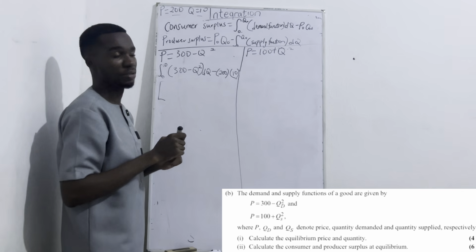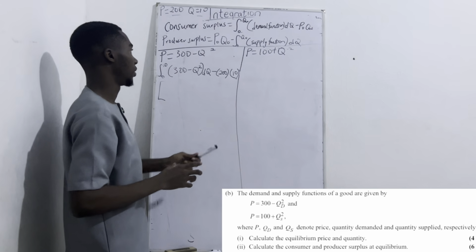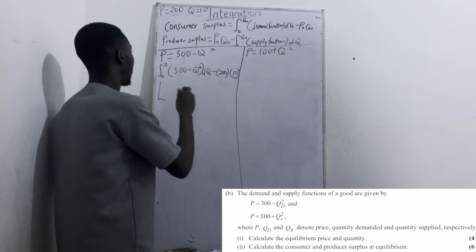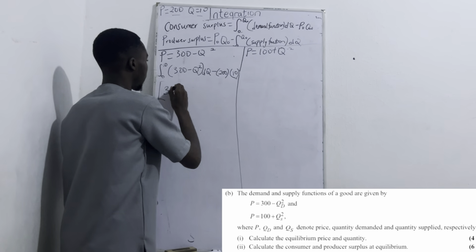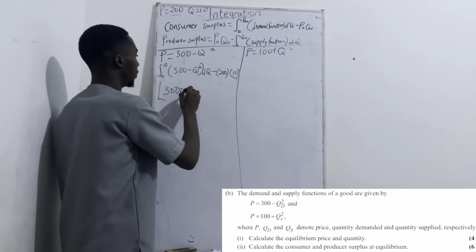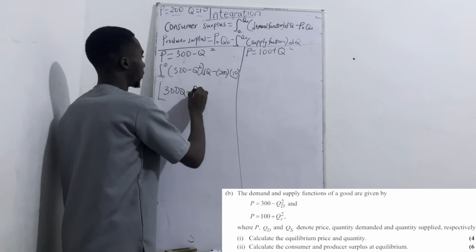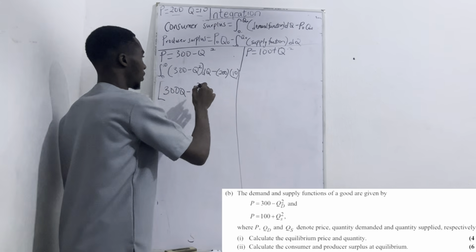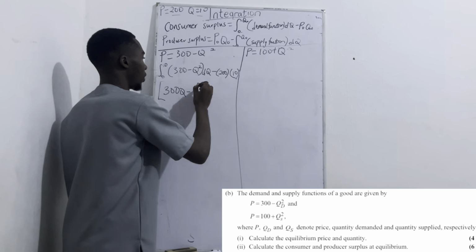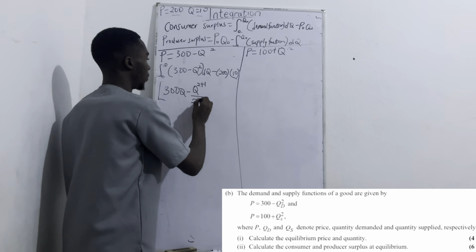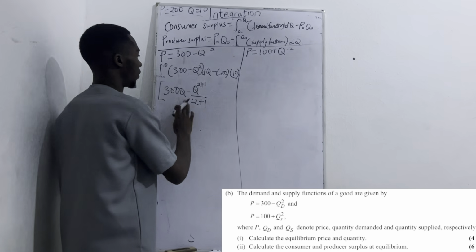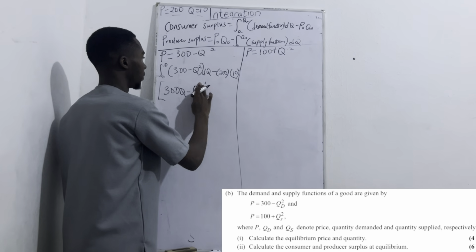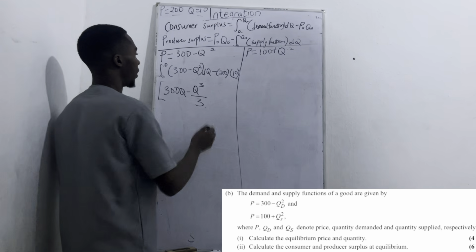When we integrate 300 with respect to K, the variable there is K. So if we integrate 300, you get 300K. We add the variable, then minus K squared. And I said when you are integrating, you add 1 to the exponent. So K squared plus 1 over 2 plus 1, and 2 plus 1 is 3. So it's over 3. Get it? So minus K cubed